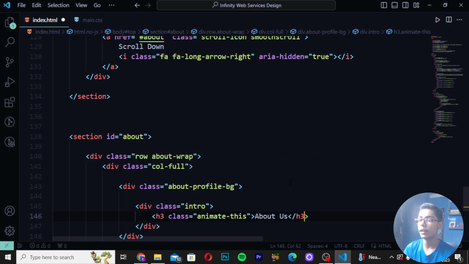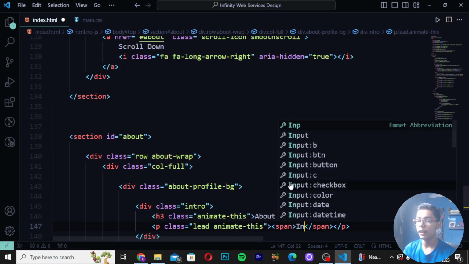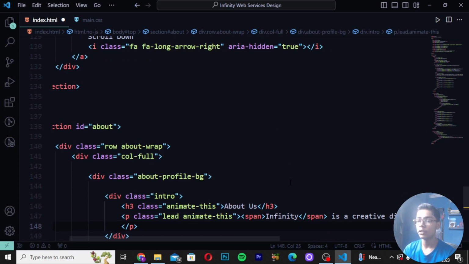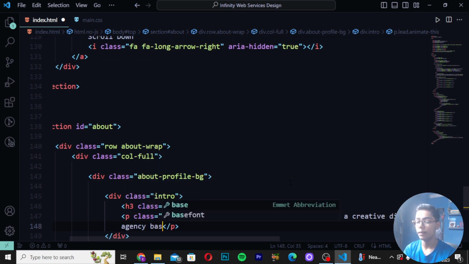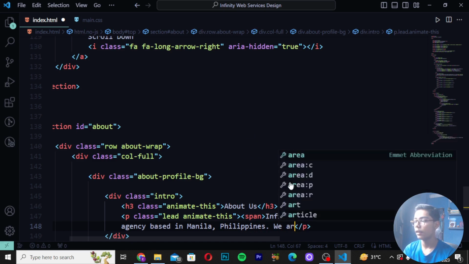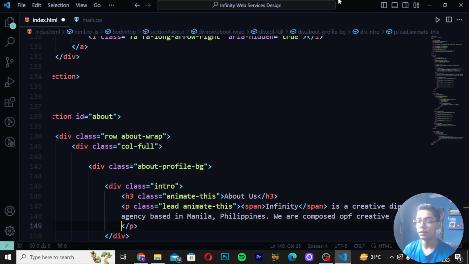So here I will be now writing that. Then you have to write here b tag, create class as lead animate-this, and then you have to now write here span tag, write here Infinity, and then you have to now just move here forward. Create here is a creative digital like this. Then you have to now just write here agency and write here based in Manila, Philippines. So here I will be now writing this, and then you have to now just write here we are composed of creative like this. Now when you just done that, you have to move down and create your designers. So here I will be now writing like this, designers and experience